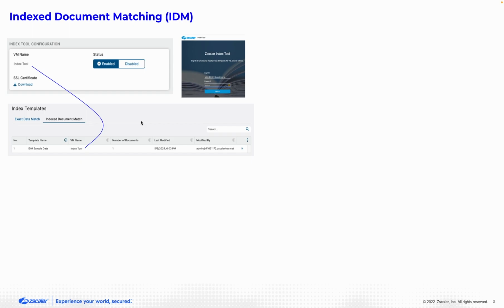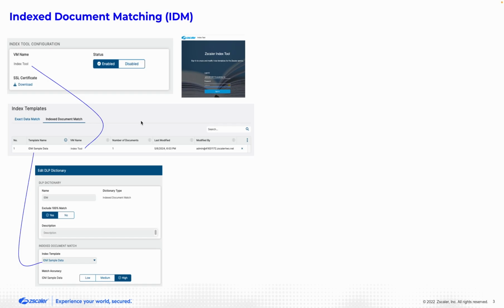By fingerprinting and indexing documents, we build a document repository used to identify completely or partially matching documents when evaluating outbound traffic with the DLP policies. Once the template is created, it's applied to a custom dictionary where you define the accuracy levels. The accuracy level is the percentage of similarity that a user uploaded file must meet to count as a match